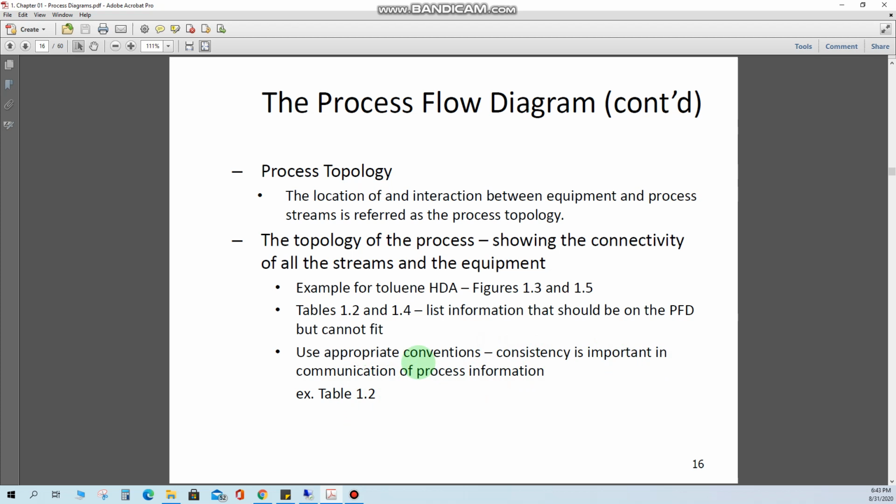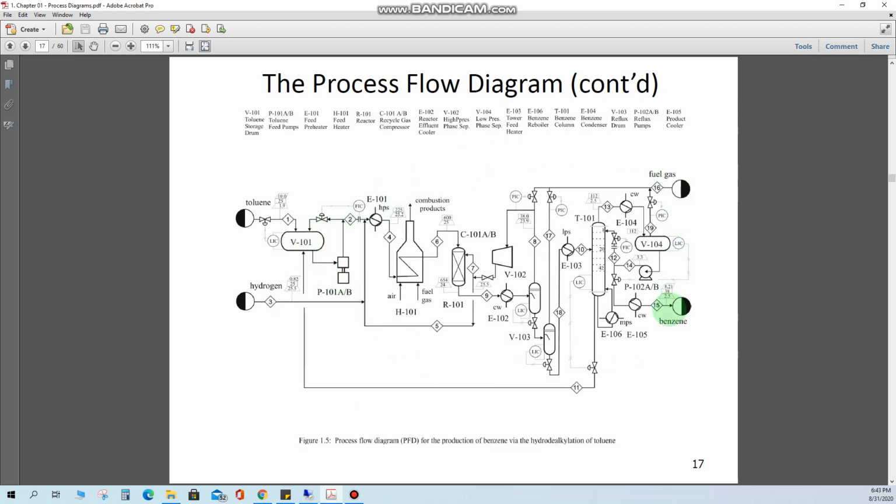When you put such equipment on this flow sheet, you have to abide by certain rules. For instance, there is some special coding for the vessels, there is a different coding for the heater, there is a different starting name or abbreviation for the fired heater, and the same goes with the reactor, absorbers, distillation columns, pumps and compressors. So there is a list of equipment, and we have some special designation of those equipment that we need to follow in the industry to avoid confusion.